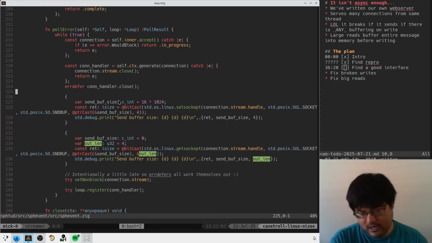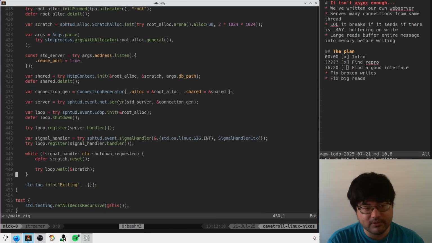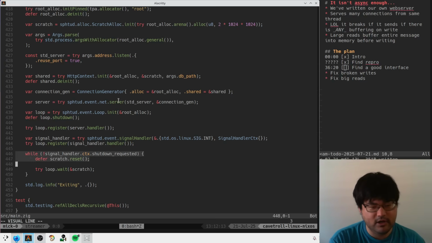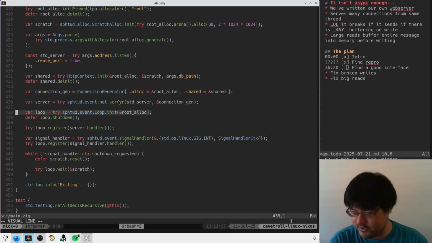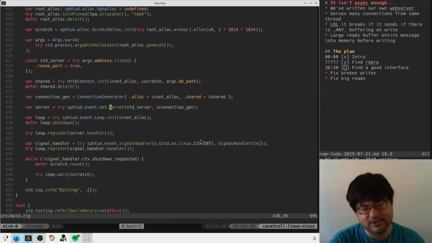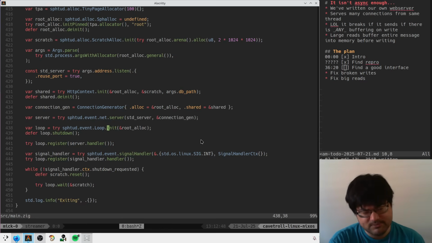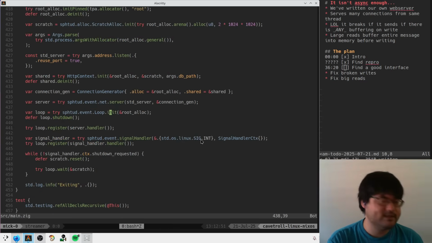So, the way our thing works, let's see, main maybe, we start up a server somewhere. We create an event loop, stud event loop initialize. We register a server handler, which is like a server, which comes from EventNet, which is probably just like a TCP server. With a connection generator, right? So every time we get a new connection, we call into this guy who generates HTTP connections, I assume. Yeah, he returns HTTP connections. So we have an event loop that is backed by epoll, which is basically like,